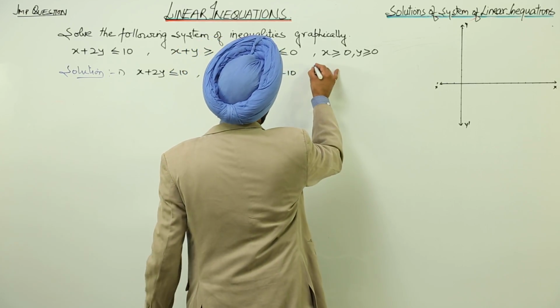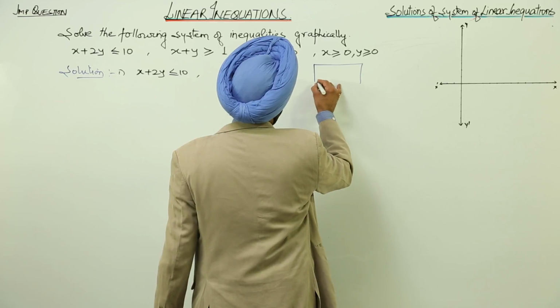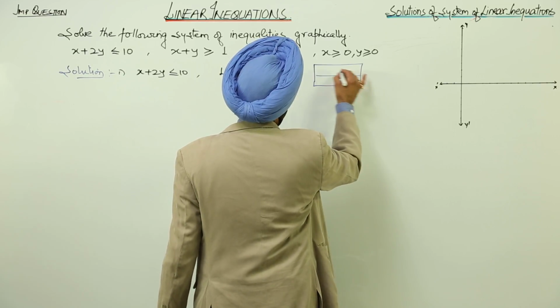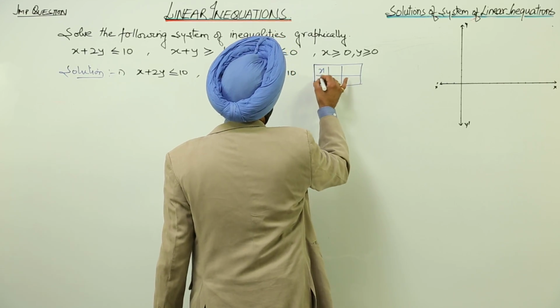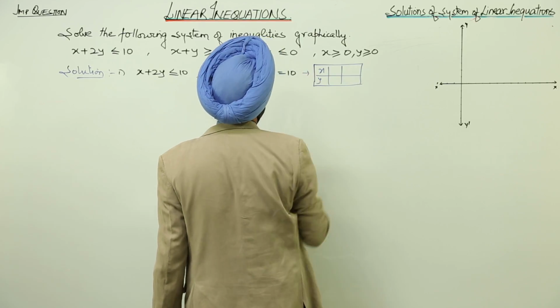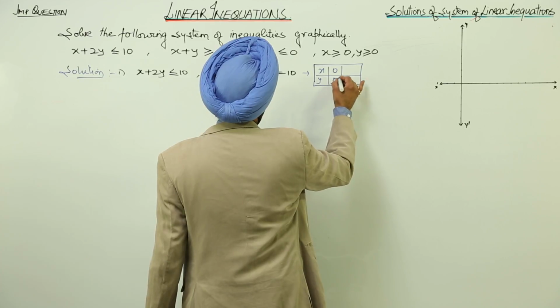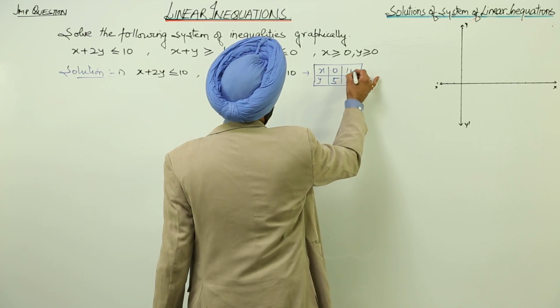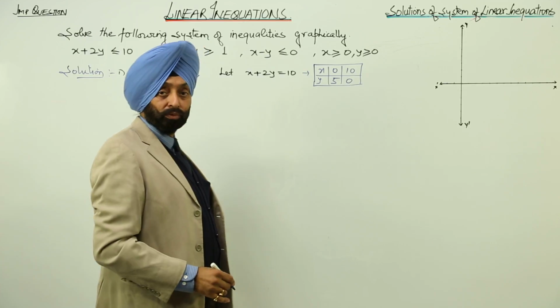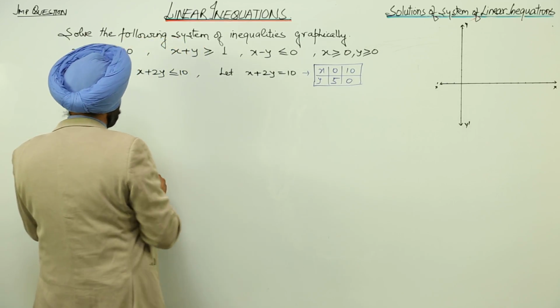Now let's put the points for it. x and y for this part. When x is 0, y is 5. When y is 0, x is 10. Okay, for equation 1. Now for equation 2,